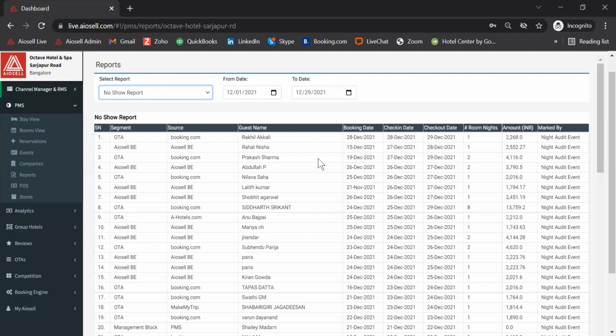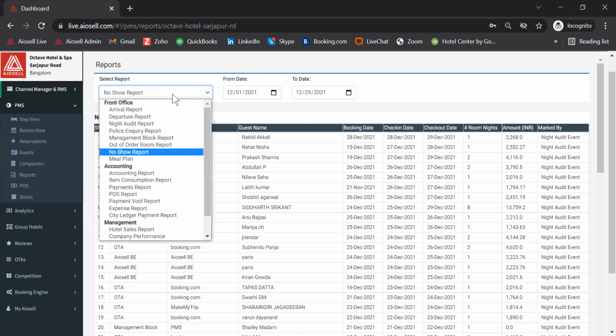But this is a feature which can be turned on and off depending on the requirement of the hotel. As you can see, these are all the bookings which have been marked as no-show because until the night audit, these bookings were not marked as check-in.